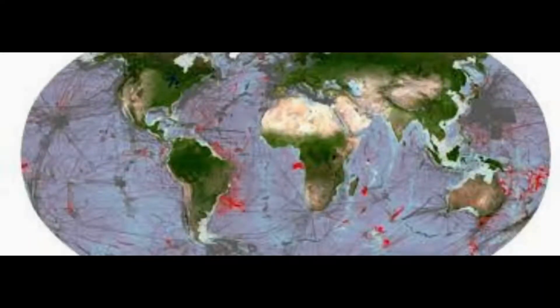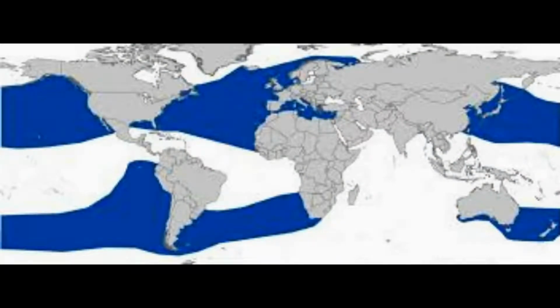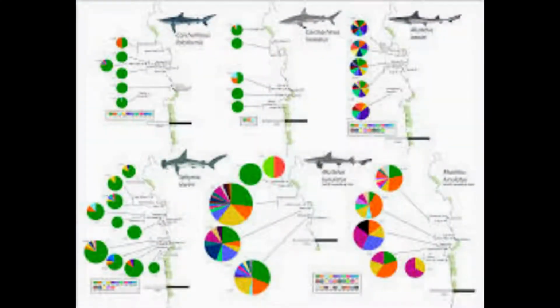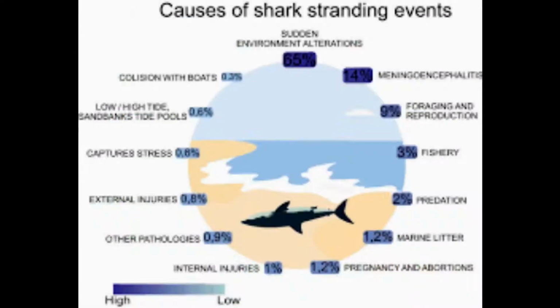Now researchers have created a map revealing the important shark and ray areas, ISRAs, where shark, ray and chimera species are most at risk and in need of protection. Especially in tropical and coastal areas where large communities live along the coast and depend upon fish as their main